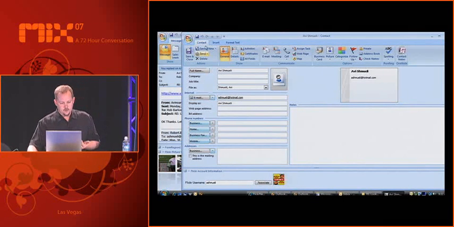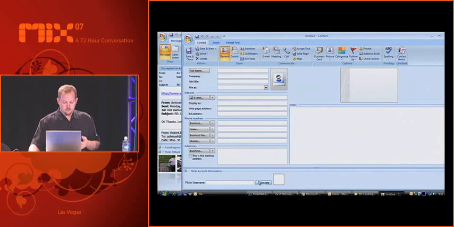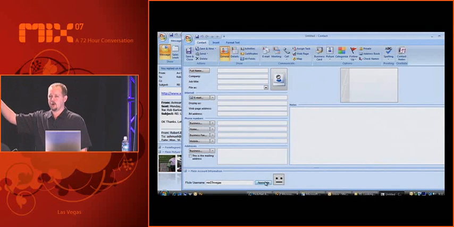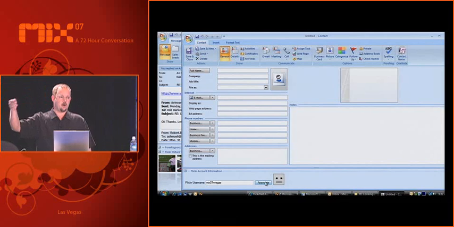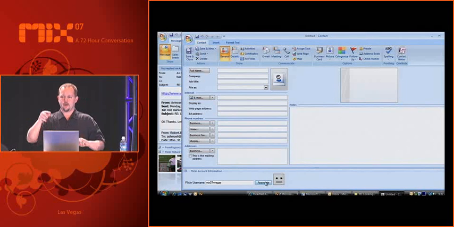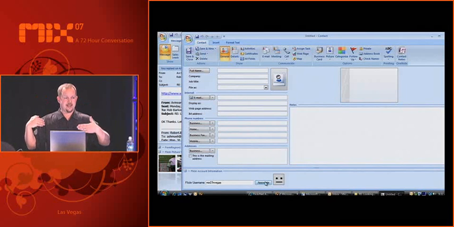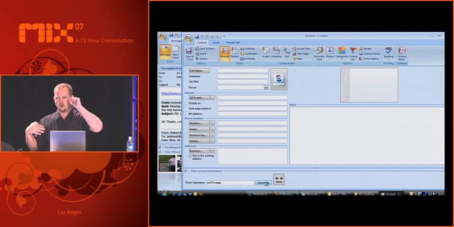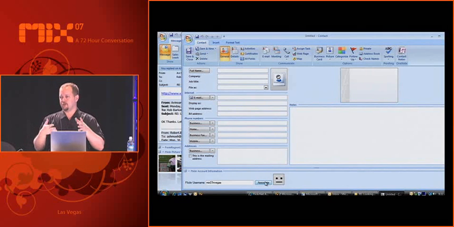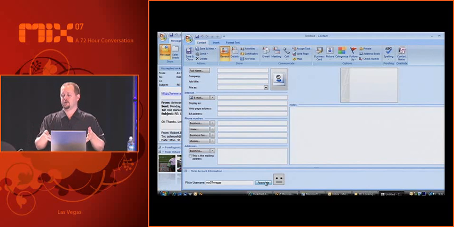So if I had somebody else and I wanted to create a new contact, I can very easily, like mine is MIX07 in Vegas, and I hit associate. This is actually doing a web service call to Flickr and associating my account to this particular contact. So that way when my email message comes in, it'll actually show those very photos to the person that wants to view that information.